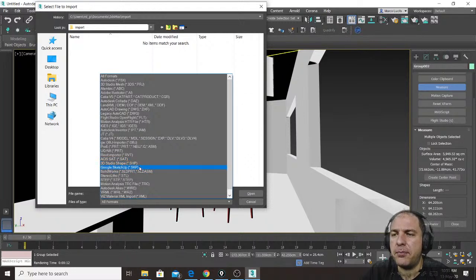You can import SketchUp, SolidWorks, STL, which is basically the language for 3D printers, STP, which is CAM language, and all of these formats. What changes is only that sometimes when you drag and drop some of these file formats, depending on the one you are importing, you may have an additional dialog box appearing. But believe it or not, except for the DWG, for which I have explained which settings to use when you import floor plans, all other formats, if you drag and drop them and you see a dialog box appearing, in general,